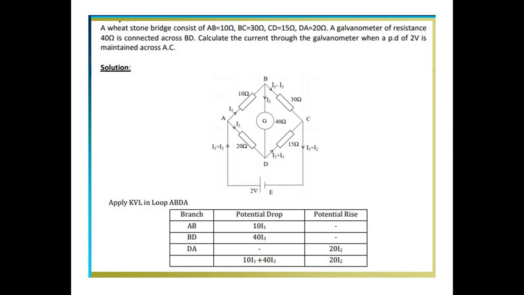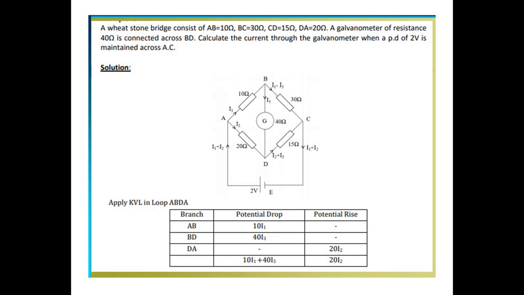Here is the Wheatstone bridge circuit. The current flows from the battery through two separate branches, I1 and I2. Where a node connects more than 2 points, there will be a separate current I3, so in BC the current is I1 minus I3, and in the other branch I2 plus I3. The equation is incoming current equal to outgoing current. Kirchhoff's current law: the sum of currents flowing towards the junction is equal to the sum of currents flowing away from the junction, that is, the algebraic sum is 0.